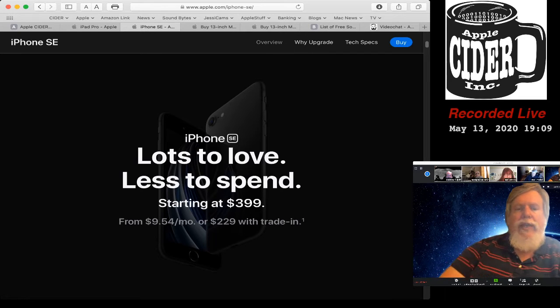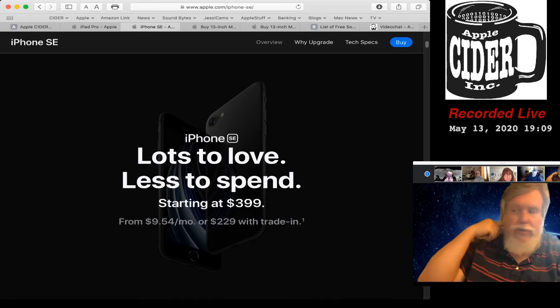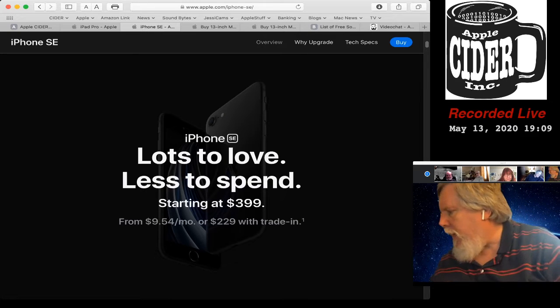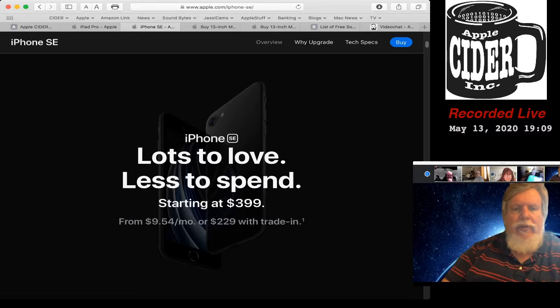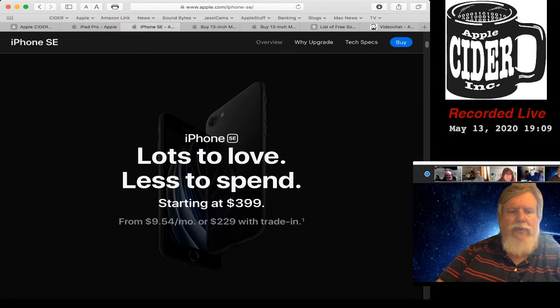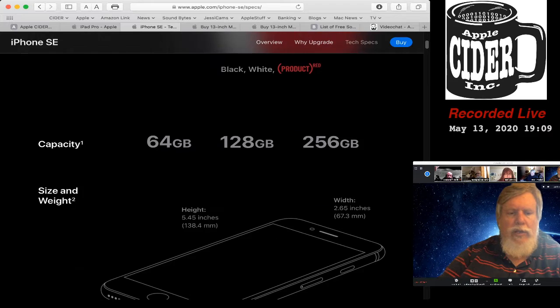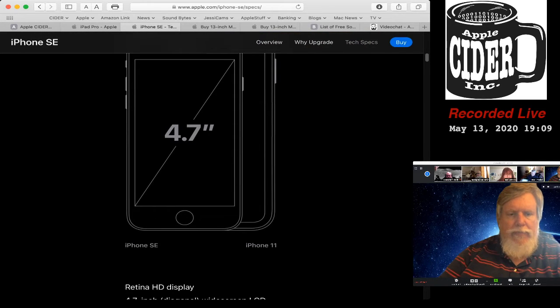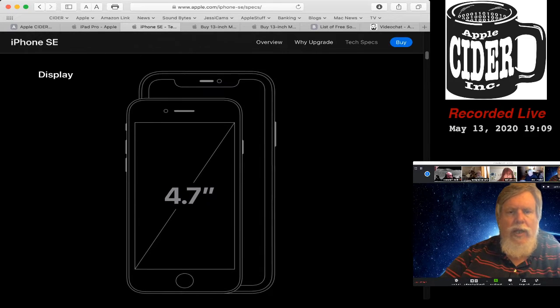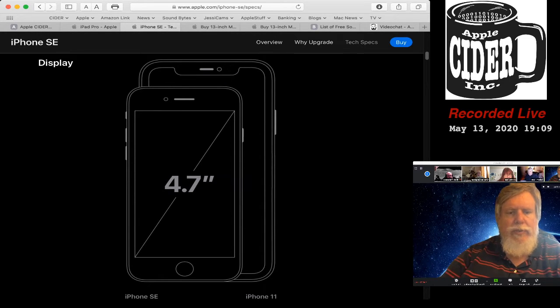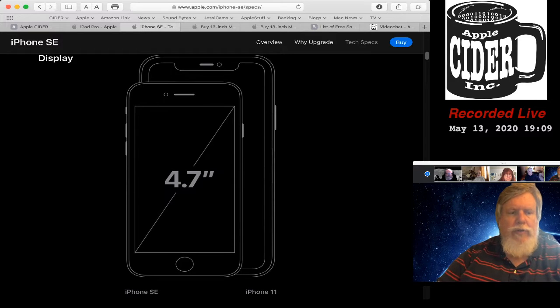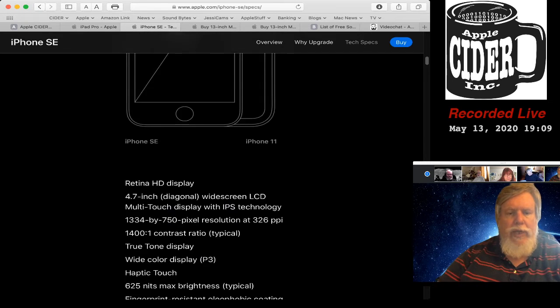So the iPhone SE second generation was announced, and it's basically iPhone 11 guts in an iPhone 8 screen size. So it's the smaller screen size that people have liked. It's not quite as small as the original SE. This is the 4.7 inch, so it's not the 4 inch of the original SE. But here you can see sort of the size difference between them. So for someone that wants a smaller phone than the 11, but still wants the performance of a modern phone, we have that with the